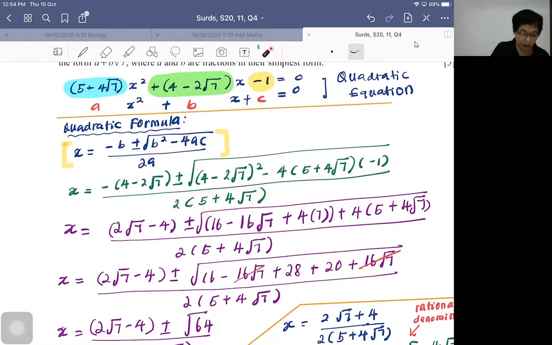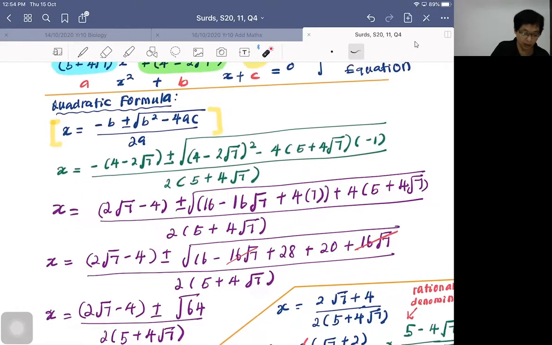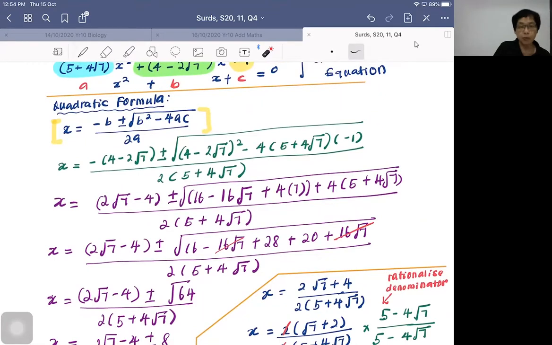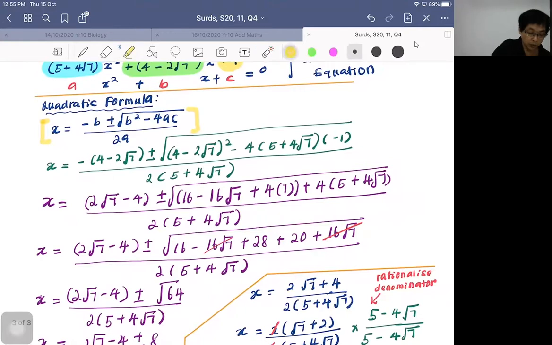When everything is done, just carefully simplify step by step. Be careful with the sign: negative multiply negative to get a positive 2 root 7, and the plus minus, just keep it there first, and then you proceed on this part, 4 minus